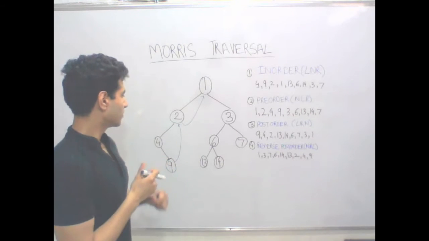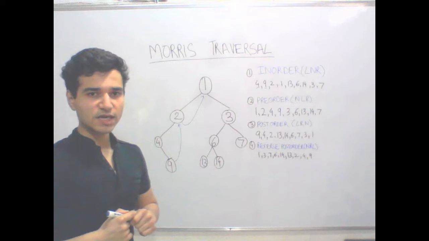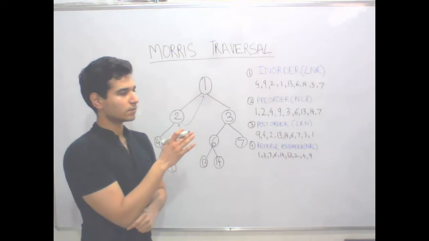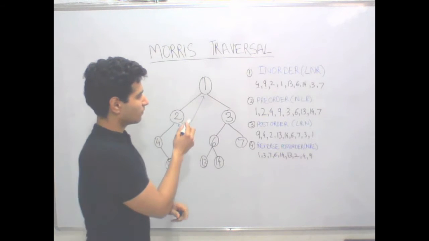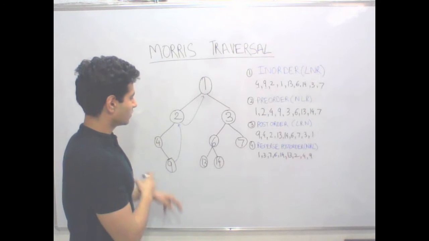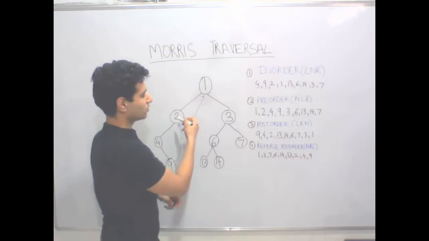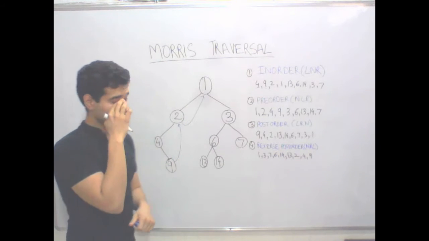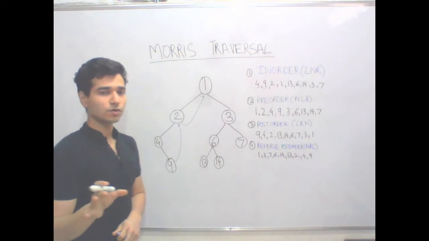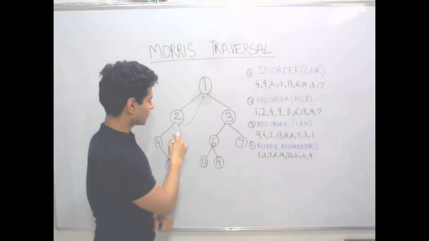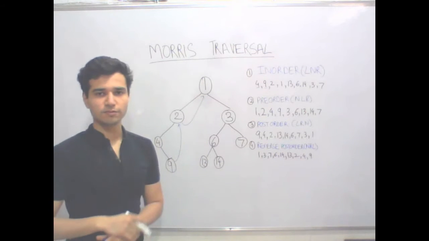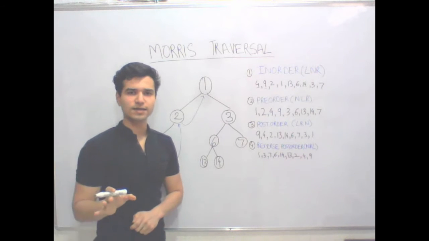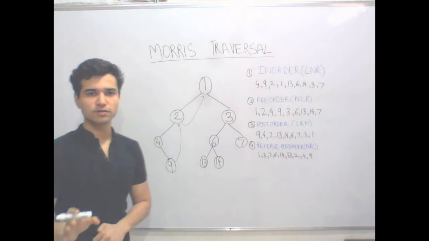Now how do we actually implement this? I will explain that. When we are at the root, we actively look for what the predecessor in the left half would be. We go to its left, and the predecessor would be the rightmost node, since the order is left, node, right. The rightmost node's right pointer would be null, so it is free and we can use it to make the link.